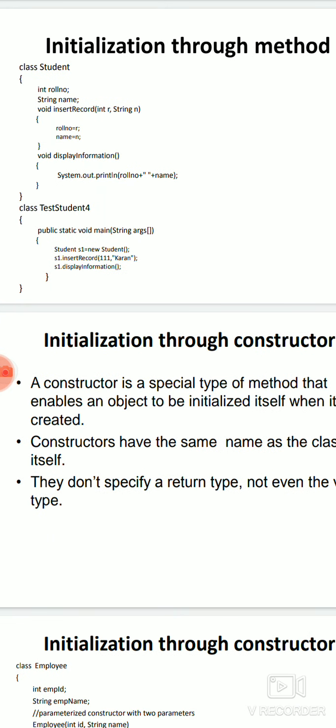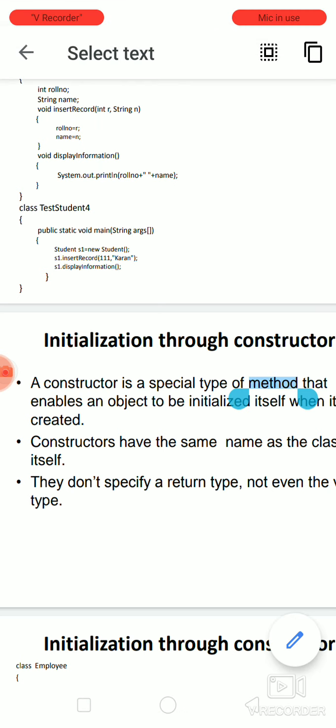What we have seen in the first two methods is, we have to write the class, and only after writing the class can we access the objects, and only then can you initialize the values. But through a constructor you can initialize the value whenever you create an object itself. That is the difference in initializing through constructor.